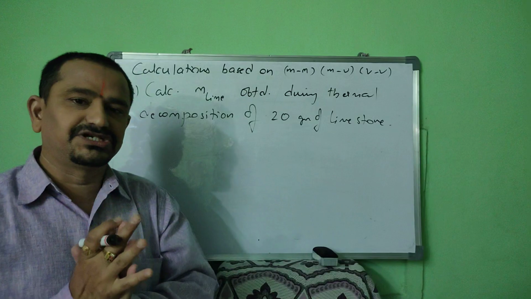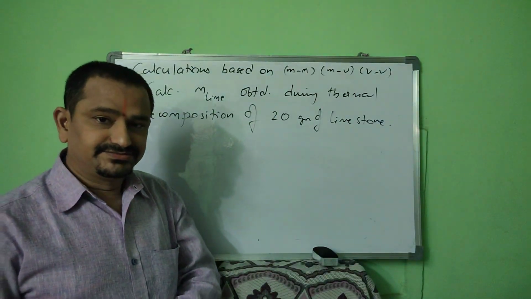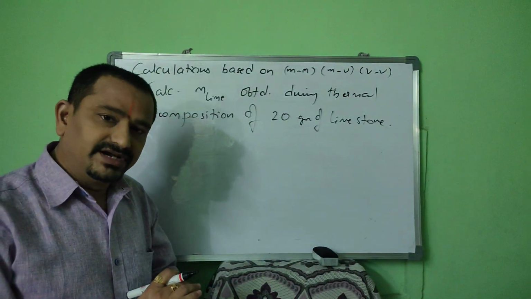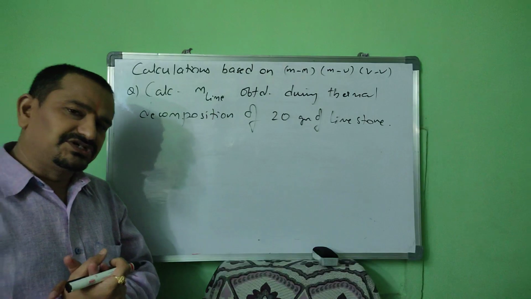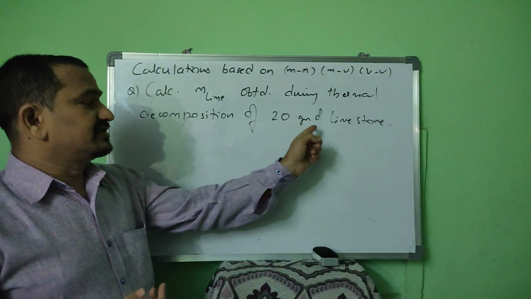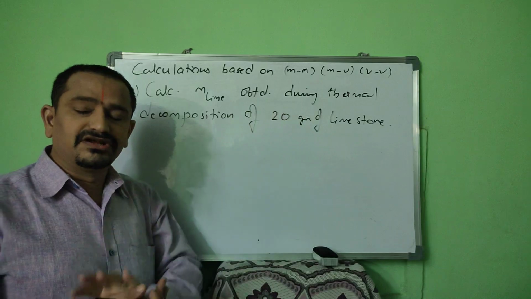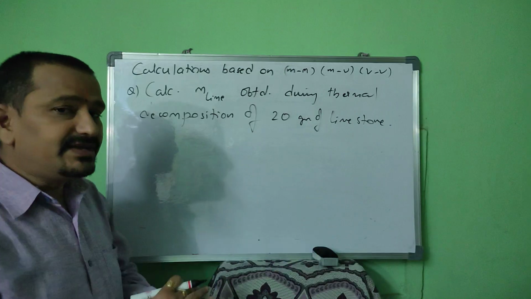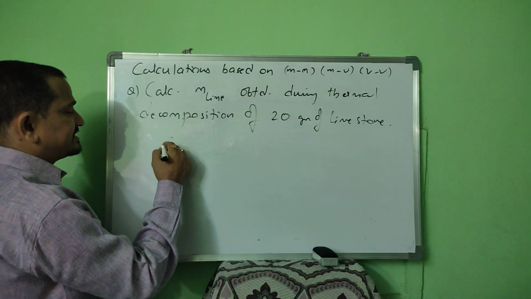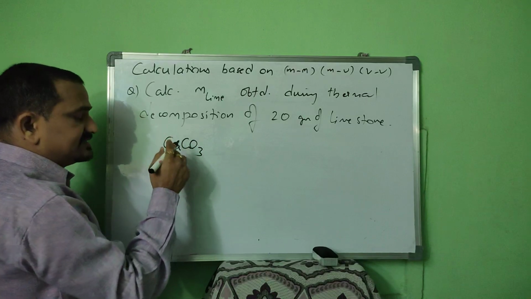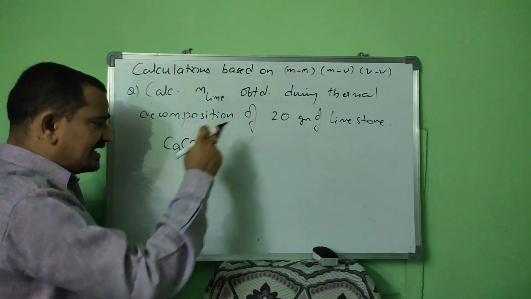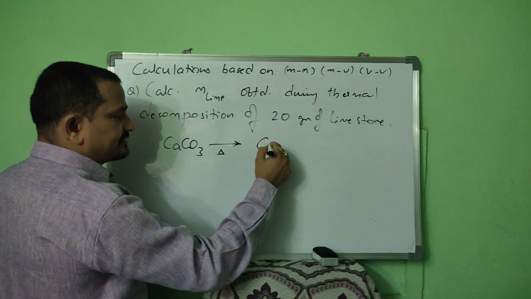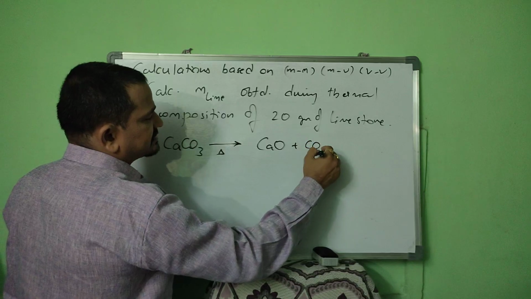Like this, they will give a question about a chemical reaction. First, you find the chemical procedure based on which the question is framed. Understood? So, what's the procedure on which this question is framed? Tell me. Thermal decomposition of limestone. What is limestone? You are from CBSE, right? So, limestone means CaCO3. You have studied several numericals on this, right? Limestone means CaCO3. When decomposed thermally, means on heating, it gives CaO plus CO2. This CaO is called lime.